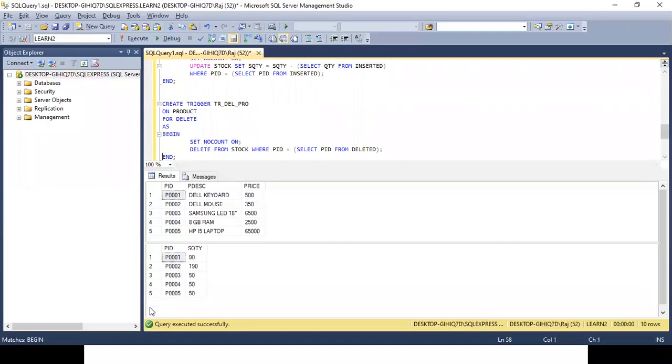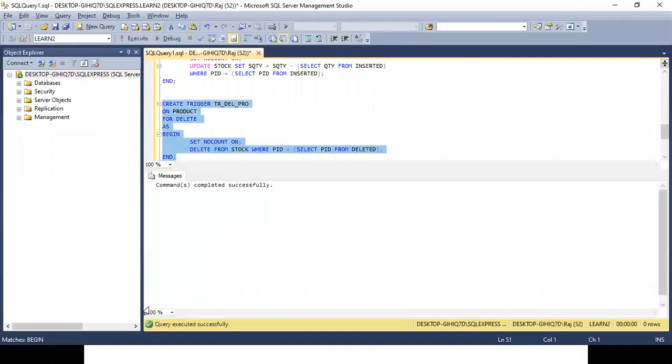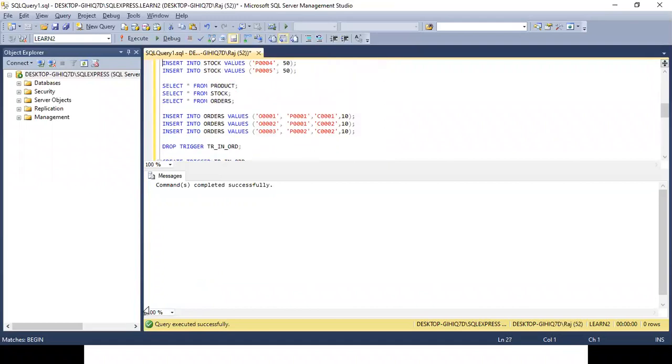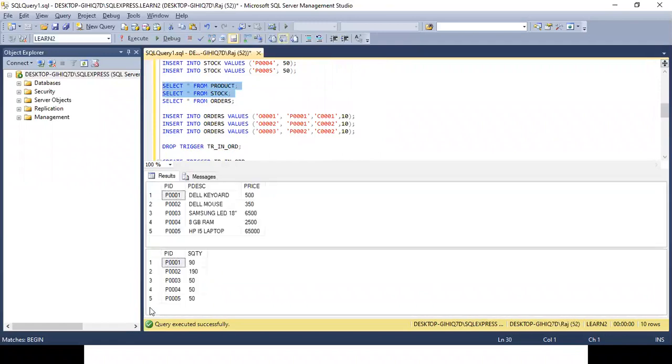Okay, so let's execute this. And let's try to delete a product. What was the product ID? It's P0005.